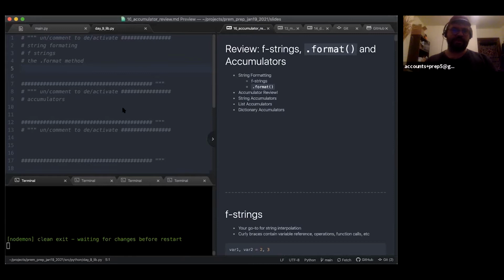So we're going to start off today by talking about string formatting. Today is mostly going to be about reviewing the accumulator pattern. That's going to be the meat of today, but there was a special request, and I think this is really